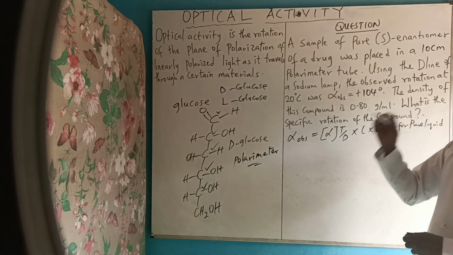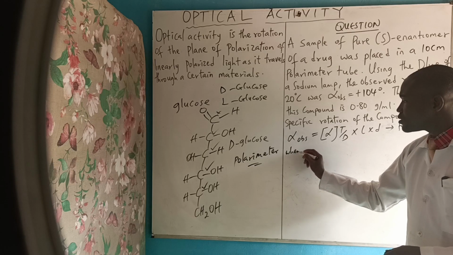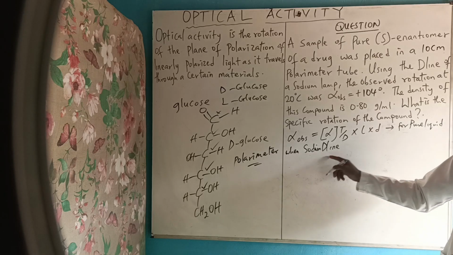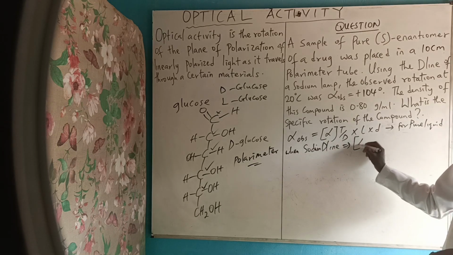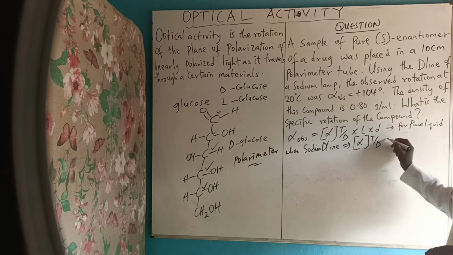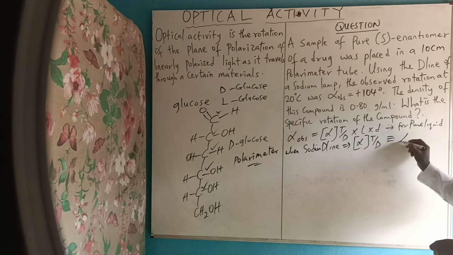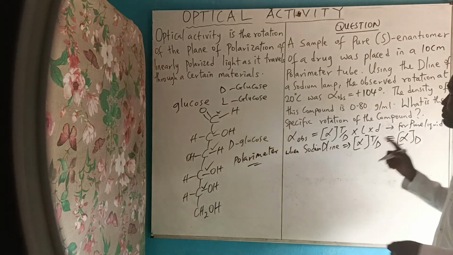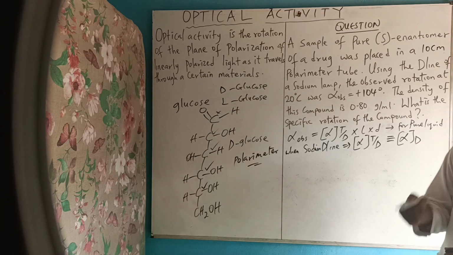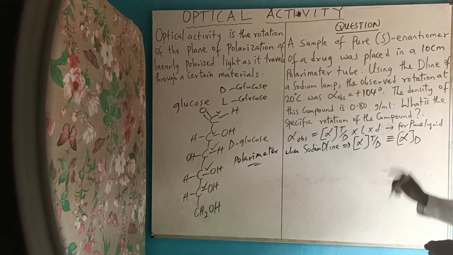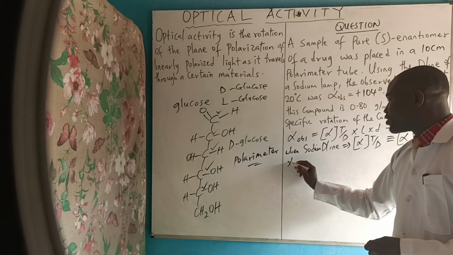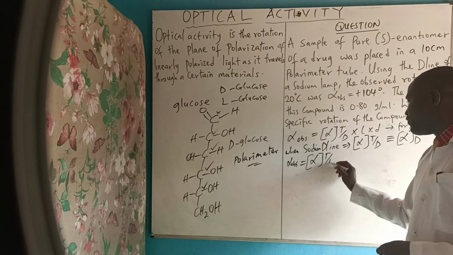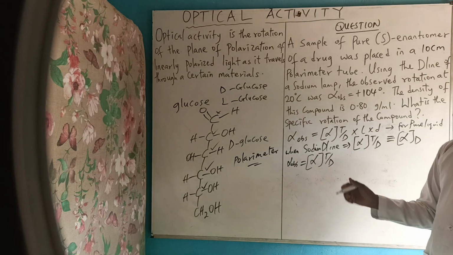Now, it is important to note that when the sodium D line is used, this symbol will be replaced with another. That means when you see this symbol in your textbook, it means that the sodium D line is used. So you have to know this. Then observed rotation for a solution is equal to the specific rotation, if the sodium D line is not used, times